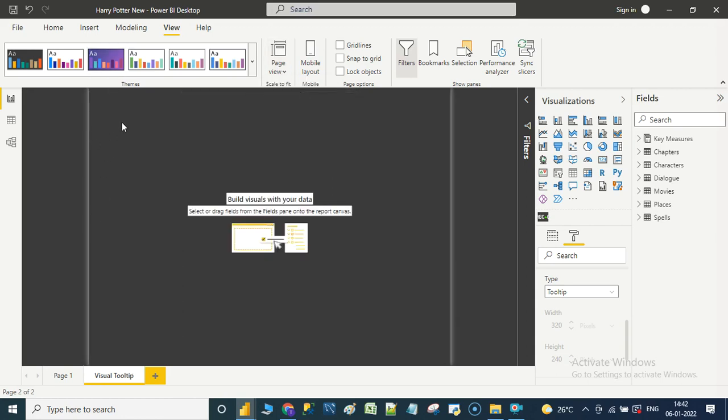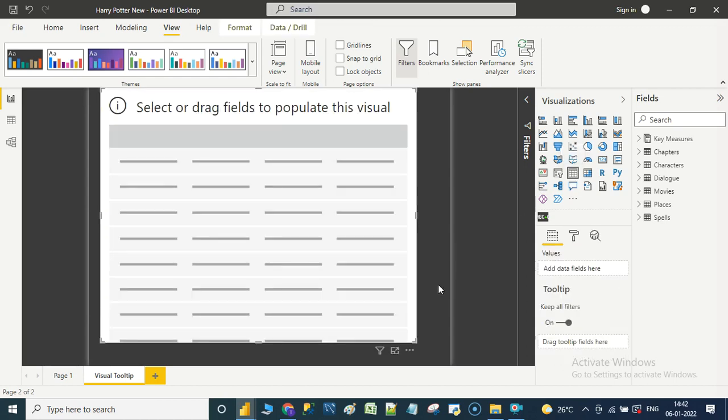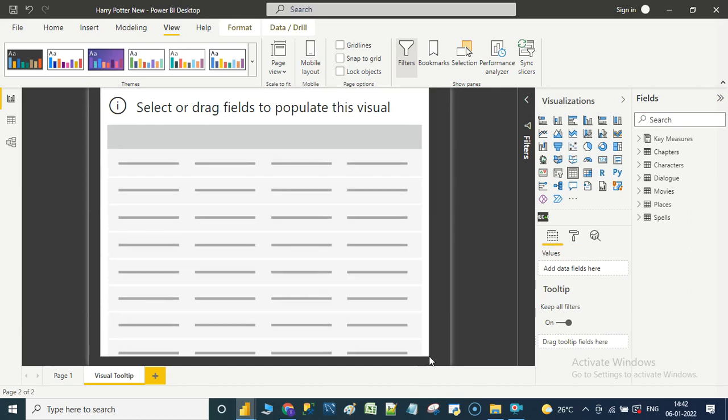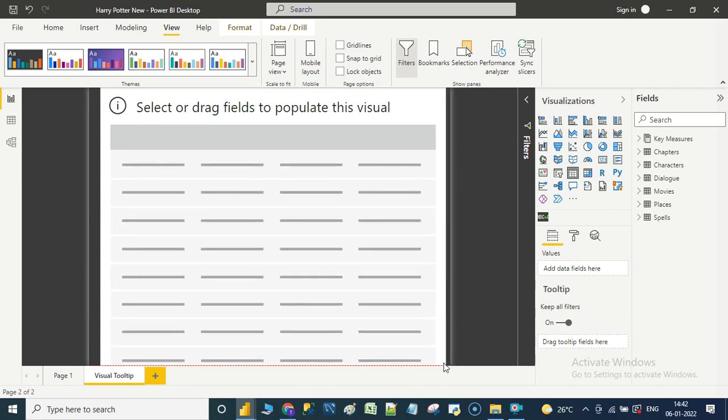So this particular page is nothing but the base or the canvas for creating the visual which will act as a visual tooltip for page 1. I will show you what I mean. Say for example, let us take a table in this canvas.